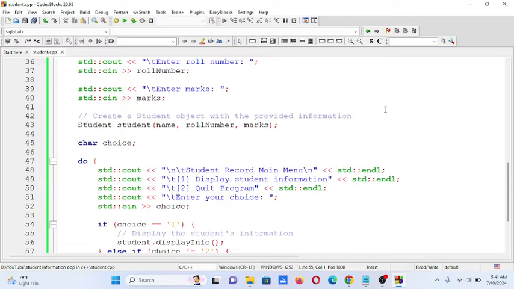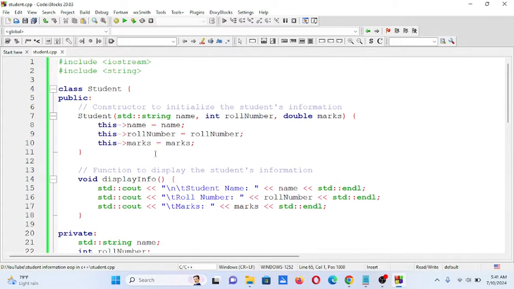So let's begin. So we have here several library files. This one, the iostream for input output, basic library in every C++ program. Sharp includes string for string manipulation. In line number 4, we